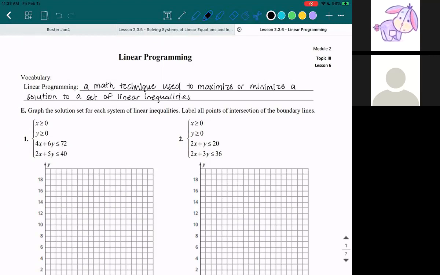All right, so this is our definition of linear programming, and it's what we're going to use later on